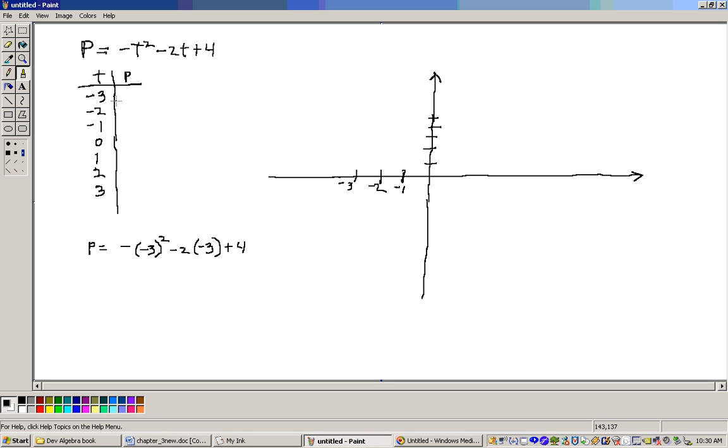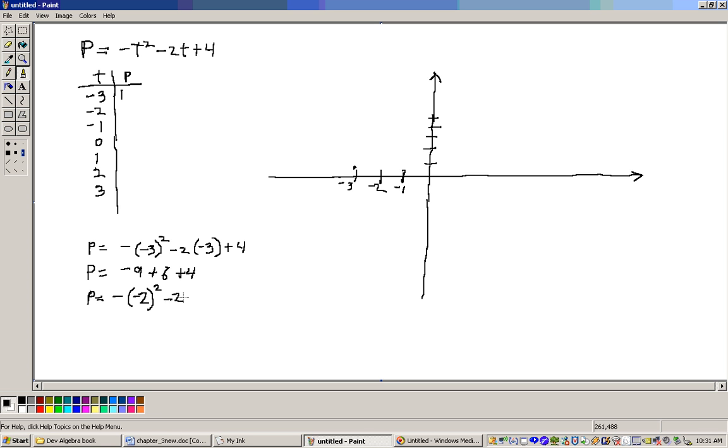So I have the point negative 3, 1. So let's put that there. And I could plot that point, negative 3, 1, about right there. Okay, substituting in negative 2 and 4t, well, let me write out what I had for the last one here. Substituting the negative 3, that was negative 9 plus 6 plus 4, and that again was 1. Now substituting the negative 2 in for t, I would get p equals the negative of negative 2 squared